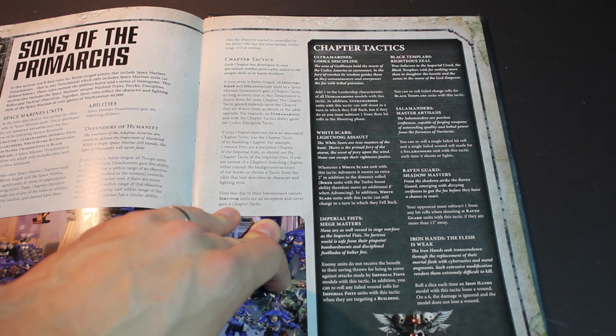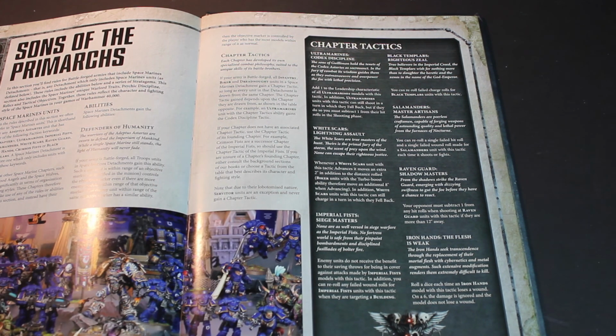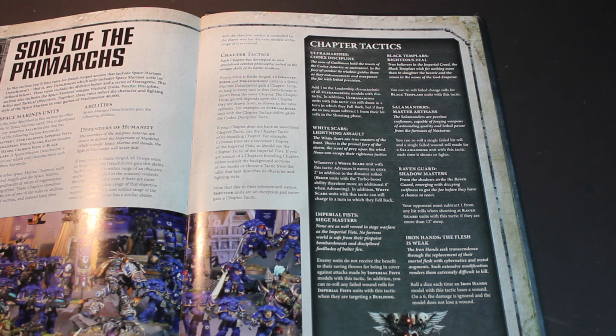White Scars, they can advance. When it does that, it moves an extra 2. And in addition, they can still charge in a turn in which they fell back. So they can fall back and charge. That's really cool. So they could, if it's a unit with fly,